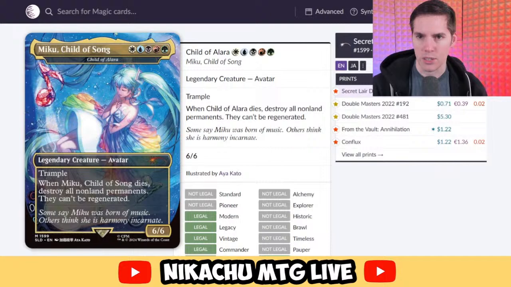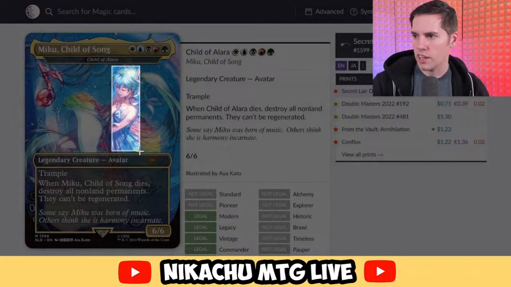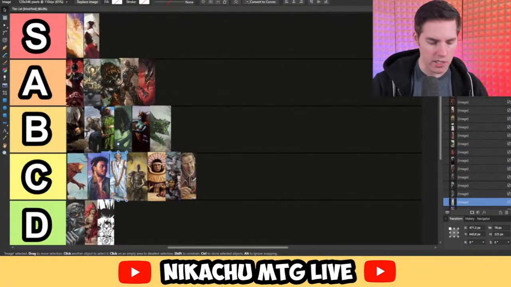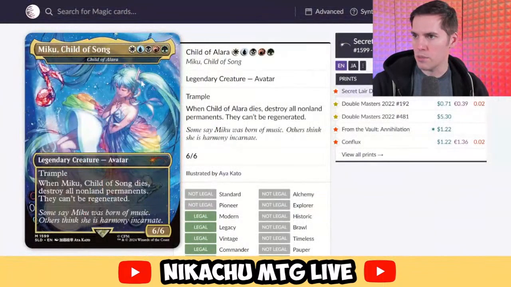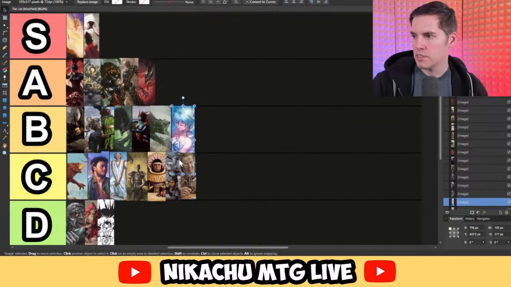Child of Alara, I believe that's that creepy baby. We don't need creepy baby on this show. 6/6 trample. When it dies, destroy all non-land permanents. They can't be regenerated. Unlike the False Prophet, Miku, Child of Song, or Child of Alara is a pretty big beefy creature for 5 mana. So even if you don't destroy everything, it is a-okay, because people have to deal with this card in the first place. With that being said, still